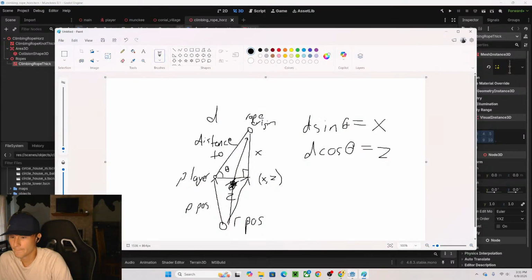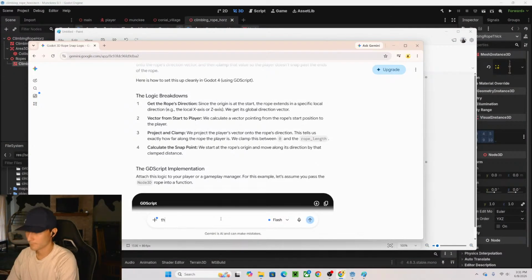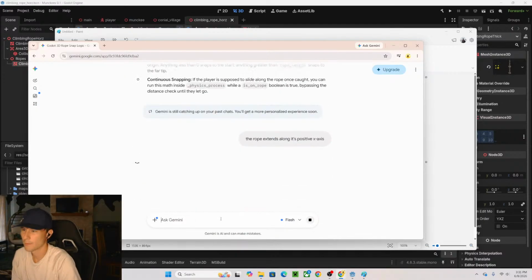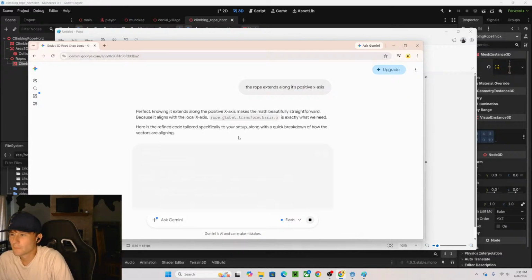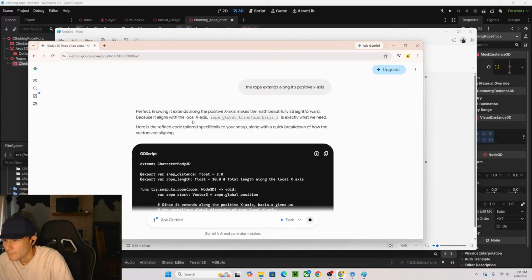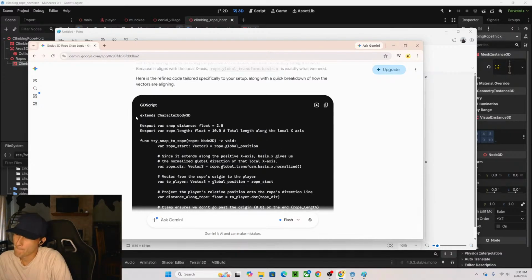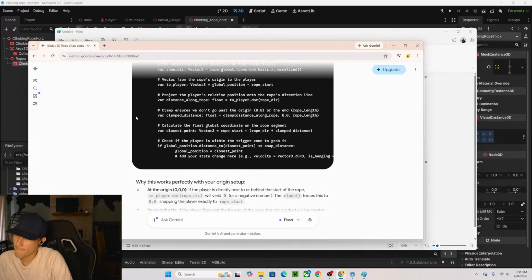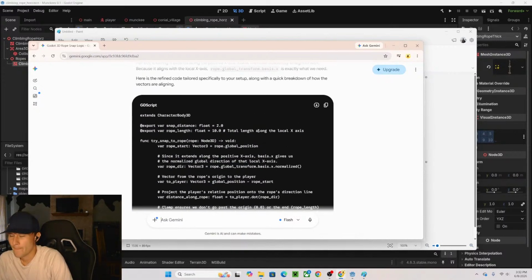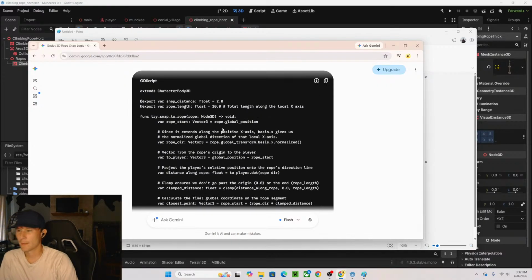Yeah. It's the positive x-axis. So it has the global position of the rope,